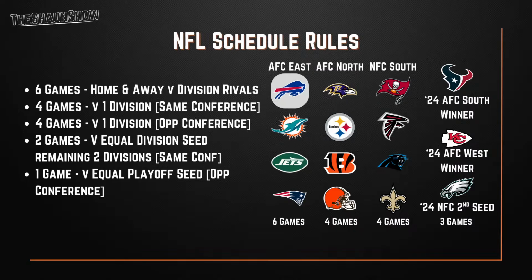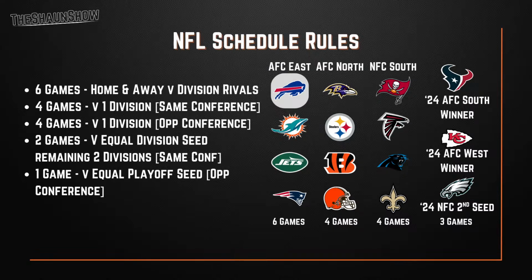So, how's a season schedule built up? And it's on your screen there if you haven't already started reading. So you might wonder why some teams have an easier schedule than others, and why some teams seem to have an absolutely difficult season. And this is why. So, every season, teams will play their divisional rivals. They'll play home games and they'll play away games against them. That equals 6 total games. As you can see, AFC East, you've got the Dolphins, you've got the Jets, and you've got the Patriots. The Bills will play them at home and away, 6 total games.